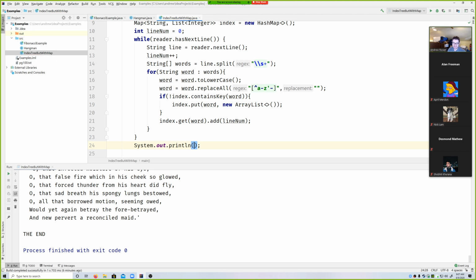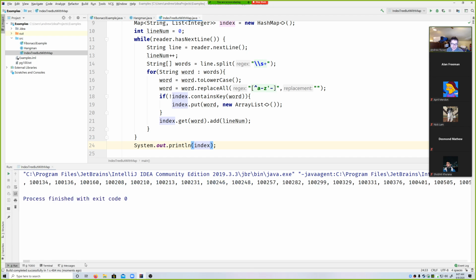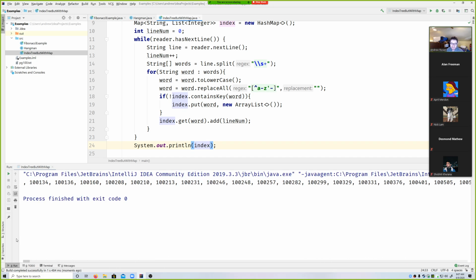So System.out.println index. Let's see what prints out. Something probably huge. There we go. It says a blank occurs this many times. So we need to actually do some parsing here. Okay, so